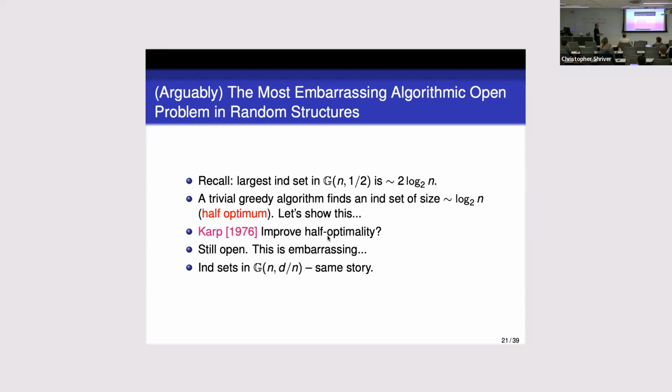Okay. Sparse graphs, same story. And in fact, the optimality gap here is also 1/2. So greedy gives you independent sets which are roughly 1/2 optimum. And I'm not going to extend it like this because I'm afraid I will make another mistake here. And nothing better is known. Good or not so good, but that's the fact.